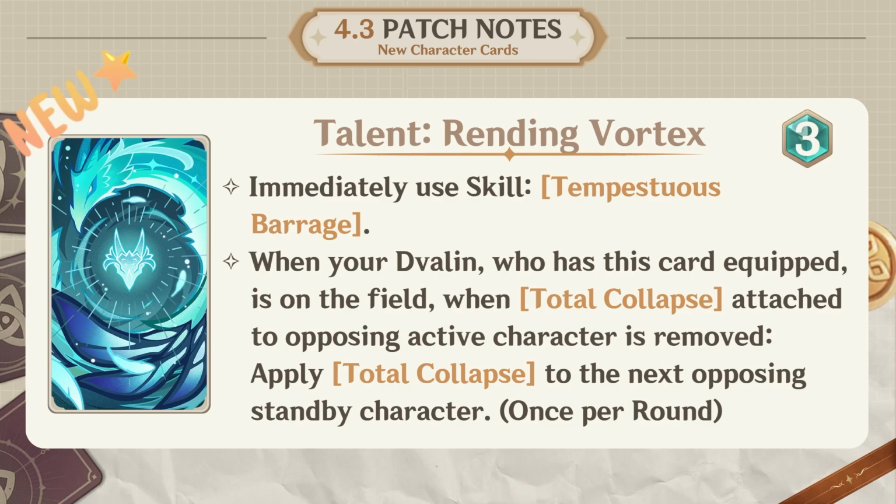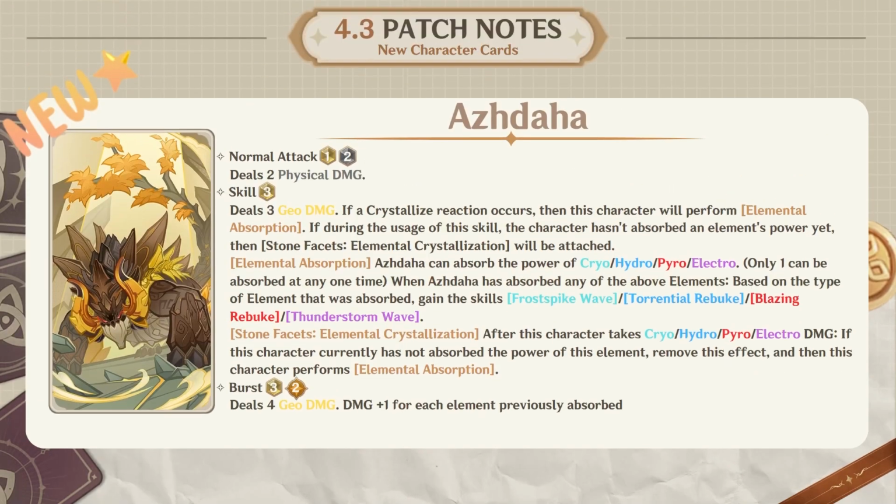But I think Dvalin is good. I can't wait to try him out myself. Let's look at our last new character card from this patch. Another weekly boss, Azdaha. Normal attack will deal 2 physical damage, and his skill will deal 3 Geo damage. If a Crystallize reaction occurs, then this character will perform Elemental Absorption. If during the usage of the skill the character hasn't absorbed any element's power yet, then Stone Facets Elemental Crystallization